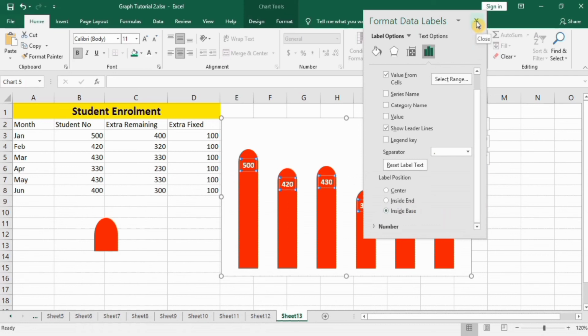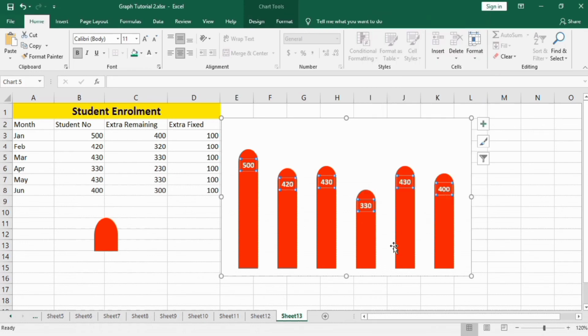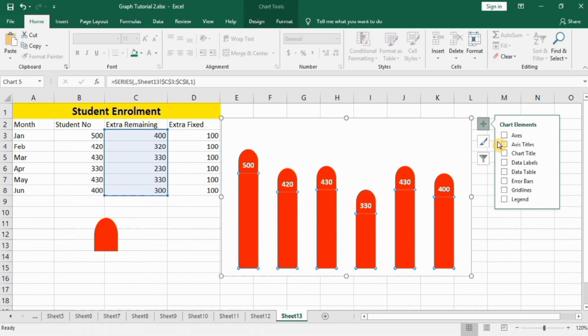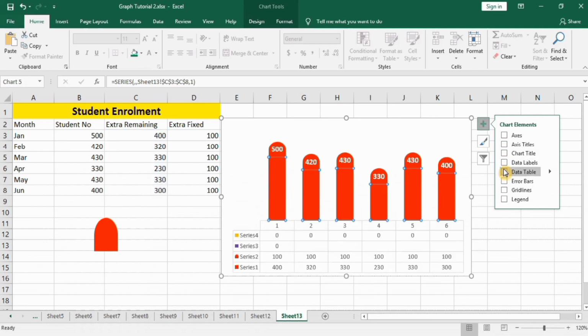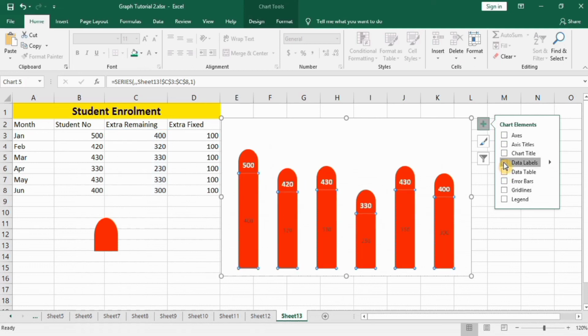Close this one. Now I want to insert the month. Select this data series, and in the plus sign select data labels. Follow similar steps as we did for this data series.